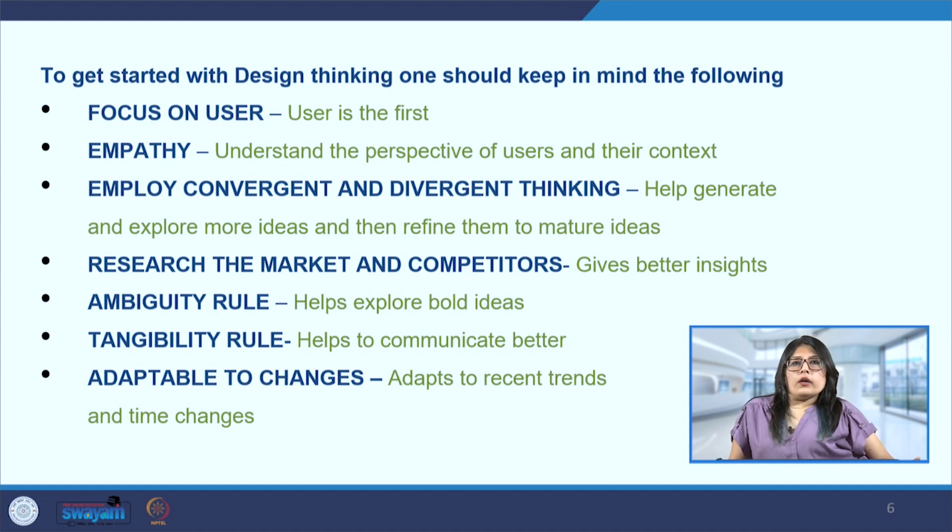And then employ convergent and divergent thinking, wherein we generate more examples, more ideas with the help of divergent thinking, where we are diverging our thinking, we're looking at numbers or quantity more than quality, and then we are converging to take a few of those ideas to finalization. So we have seen in the previous lecture also some of the methods like the double diamond technique. We just saw that briefly, but we will be taking these points up again in the future.